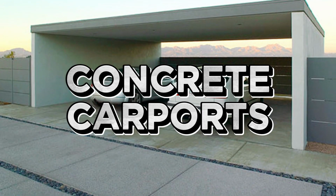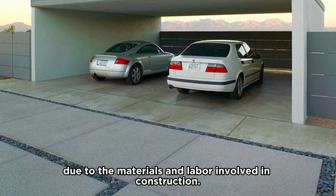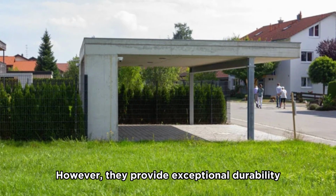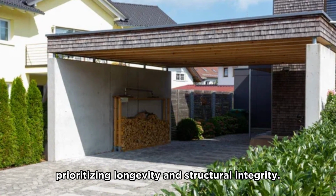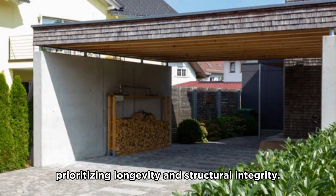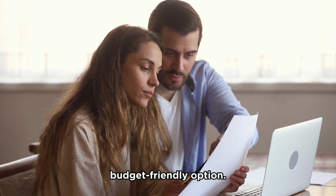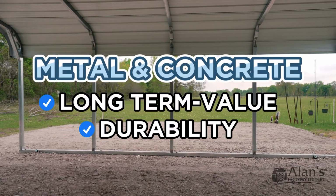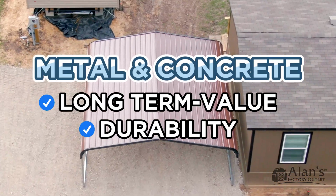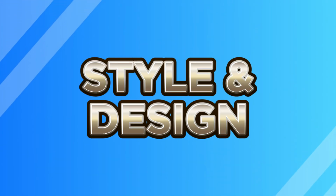Finally, concrete carports tend to have higher upfront costs due to the materials and labor involved in construction. However, they provide exceptional durability and low maintenance requirements, making them a worthwhile investment for those prioritizing longevity and structural integrity. Considering the cost factor, polyethylene and polyester carports are the most budget-friendly option. However, if long-term value and durability are key considerations, metal and concrete carports offer excellent value, despite their potentially higher upfront cost. The last factor you may consider to choose your carport material is the style and design you want